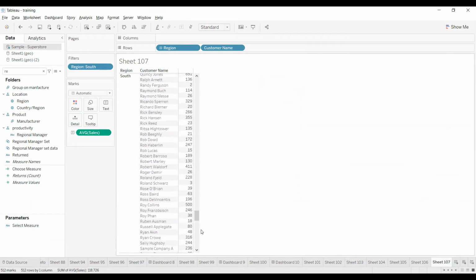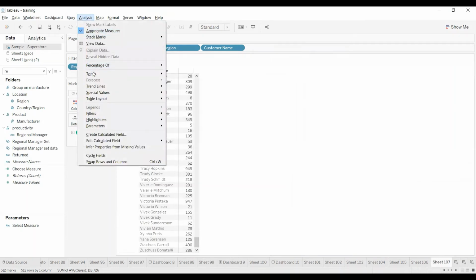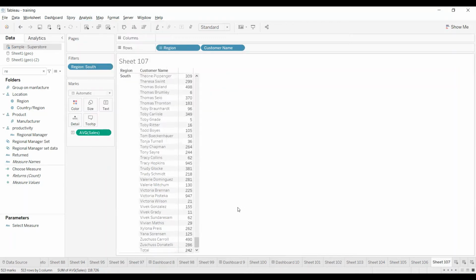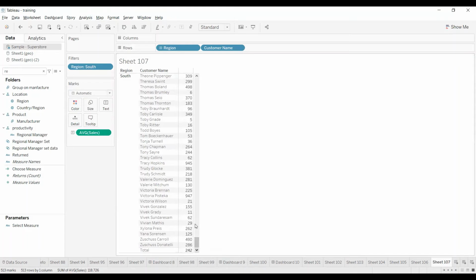Now I want to see the total of this. Go to the analysis menu, totals, add all subtotals. So what I'm getting here is 242. That means it's rounding off 241.80 to 242. But what it is exactly is the average sales of the south region. But I want to see the overall customer level average sales within the region.